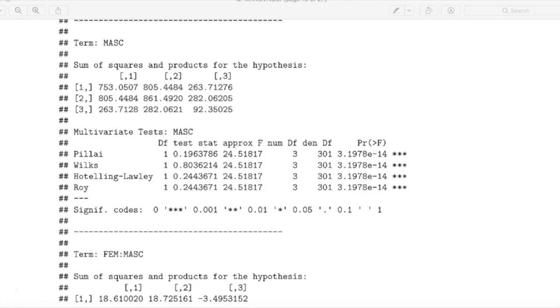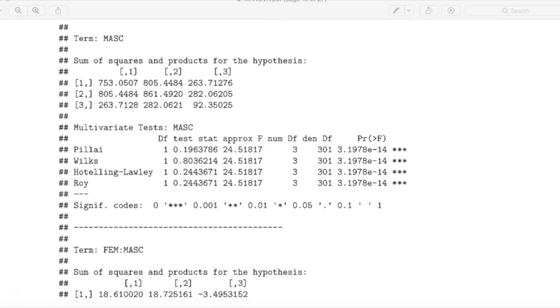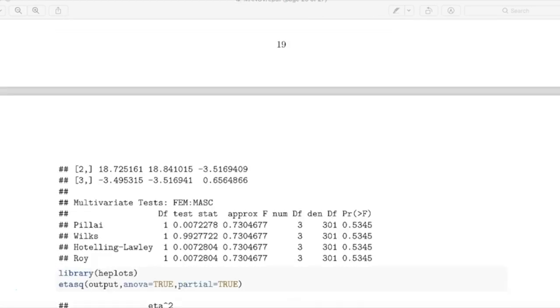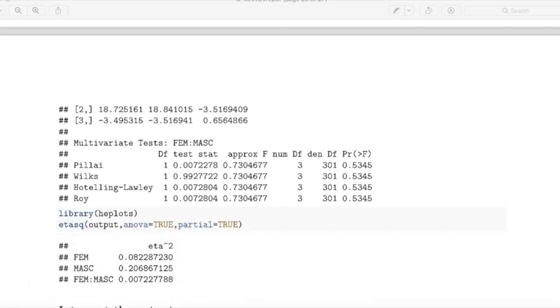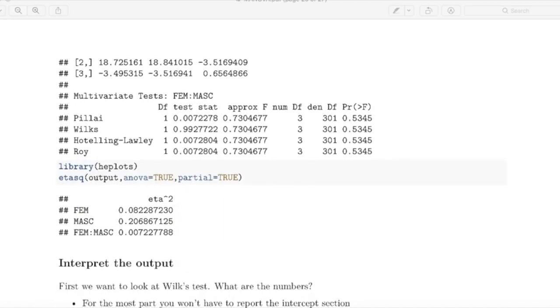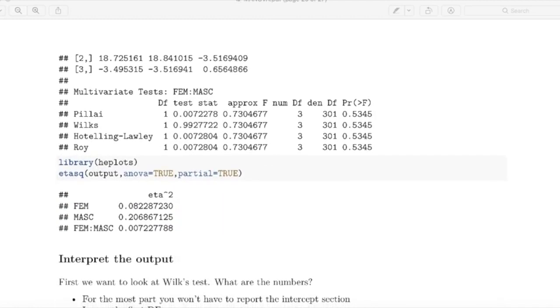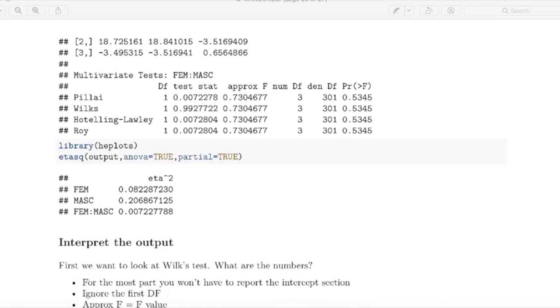And then now let's check for the interaction. And I know it's the interaction because it says female masculinity. Oh, so the interaction is not significant. That makes our interpretation easier. It's definitely more complicated when it is. The next thing we would have to do is do a post hoc for each of the main effects for femininity and masculinity. Before I go into that, I